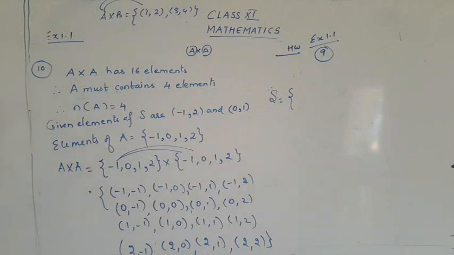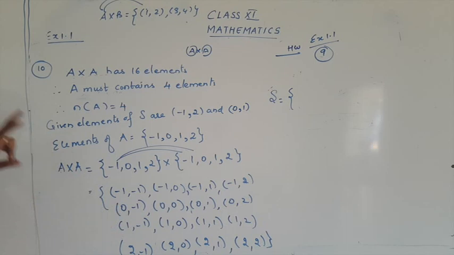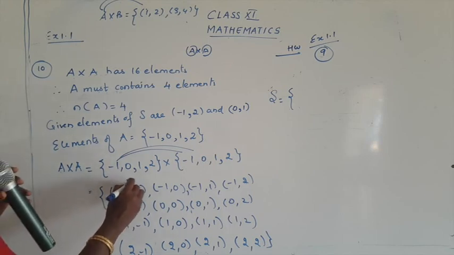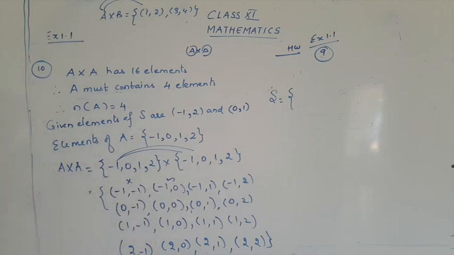Okay, so what is the condition for the elements, how are you going to find them? It should be an ordered pair. It should belong to A cross A, that is, we are going to choose the elements from A cross A. And one more condition is that a should be less than b, that is, the second number should be bigger. Here, this case is excluded because both are equal. Here, this is bigger, yes. (-1, 0): comparing -1 and 0, 0 is bigger. -1 is smaller. So we can take this.